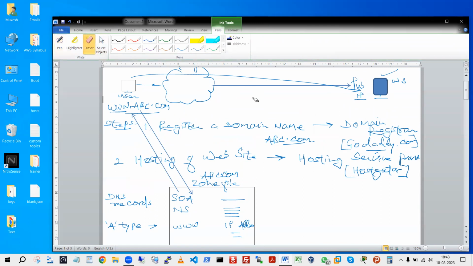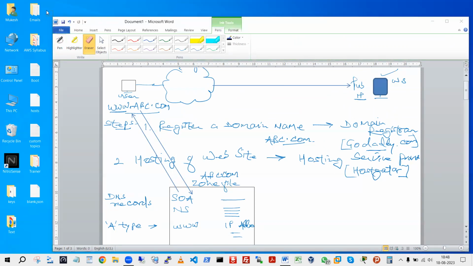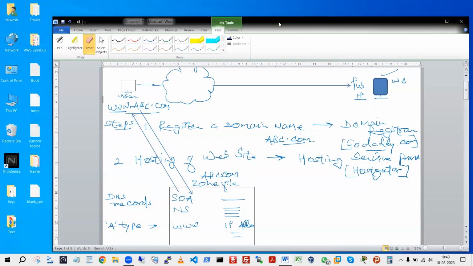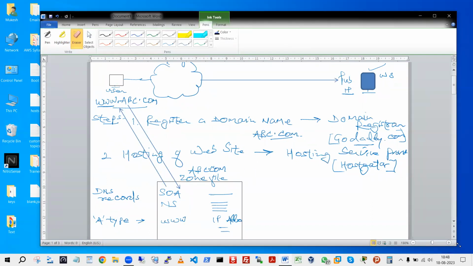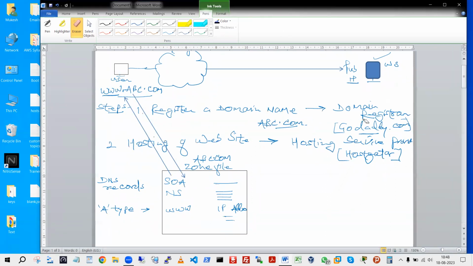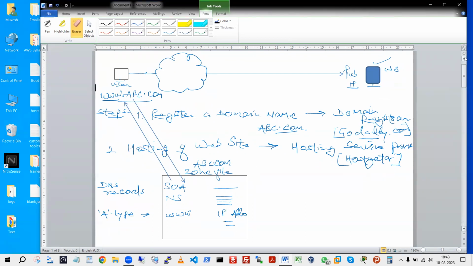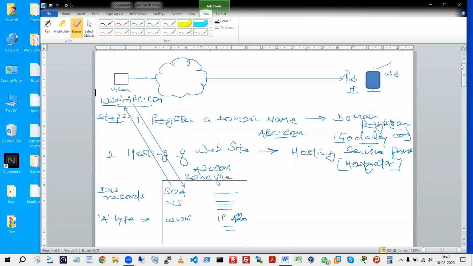But right now we are not going to do it this way, because we are going to use the service of a service provider. What is that? Route 53. We are going to do the hosting in AWS this time, not here on the domain registrar. There's a difference. Preference can be different for everyone; someone may go to HostGator. Whatsoever the reason, we are going to the AWS Cloud for doing the hosting,